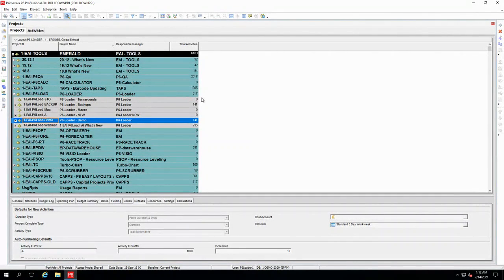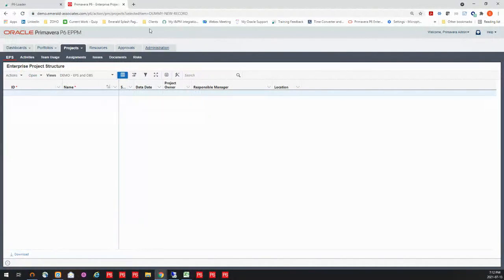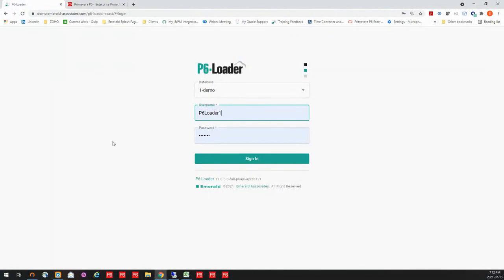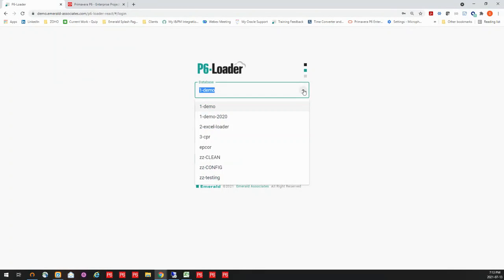I'm going to extract it out, clean it up, and load it into that brand new one and really get that new one off and running very quickly. So first, let's take a look at P6-Loader and what it looks like and how we would extract the information. So just like